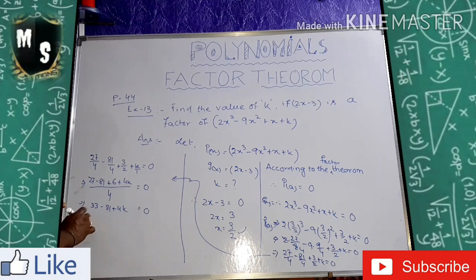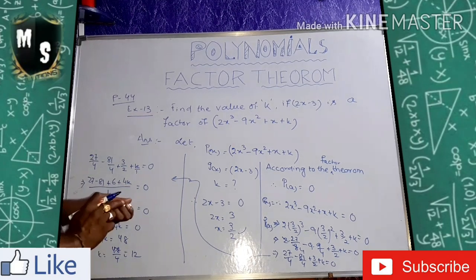Then what is coming? 11 out of 3, 8. Then it is 7 out of 3, 4. Minus 48 plus 4k is equal to 0. Now what is 4k? 4k is equal to 0 plus 48, that is 48, and k is equal to 48 by 4, that is equal to 12. You got the value of k now?